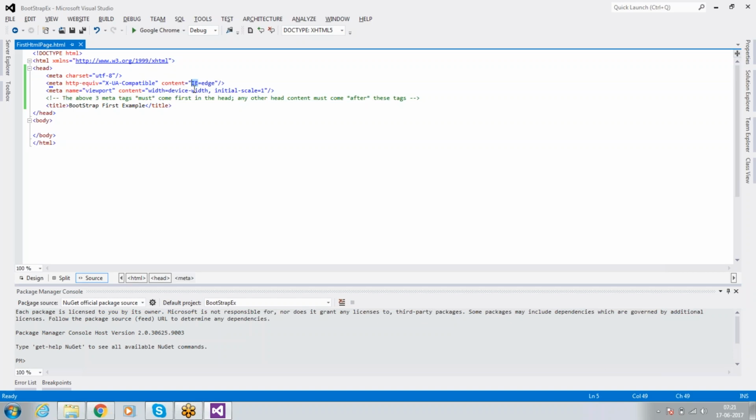Like you can use Opera Basic or Opera Mini. We have some versions for this. You can place those versions so that those browsers are also supported with our Bootstrap styles. This is for that reason. Okay, and